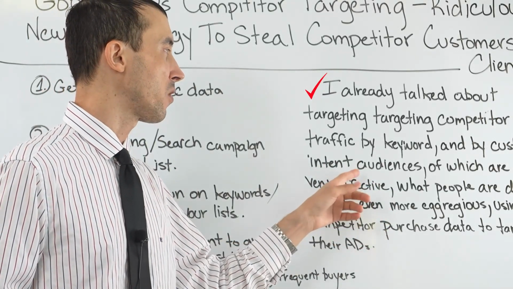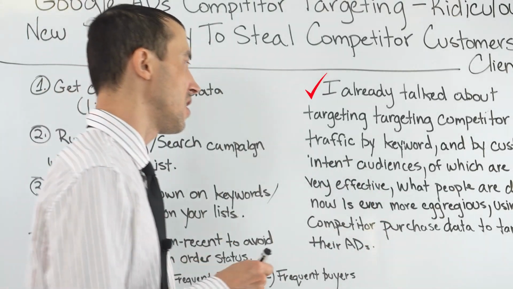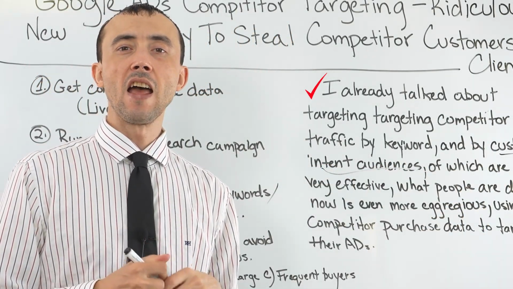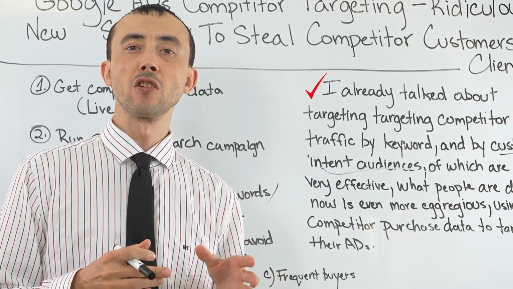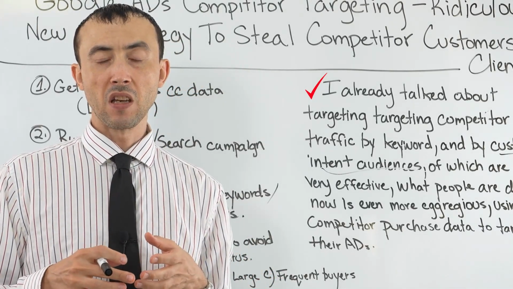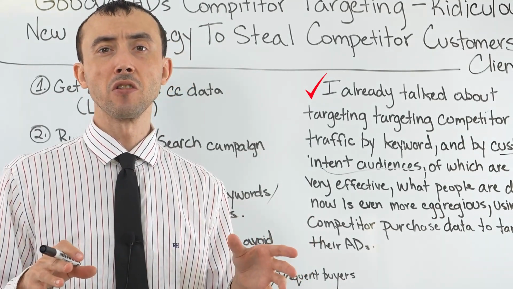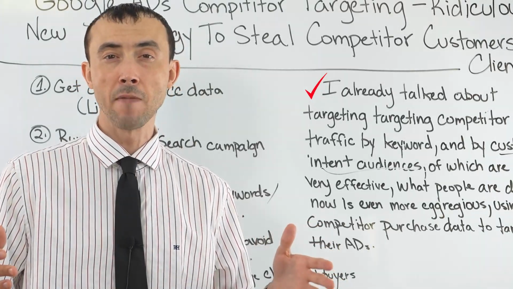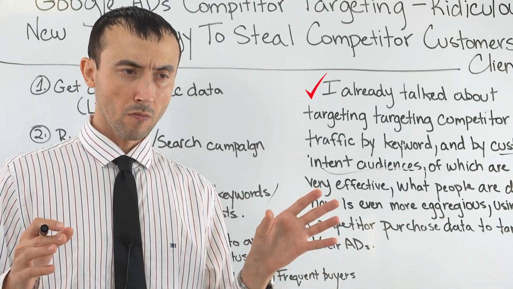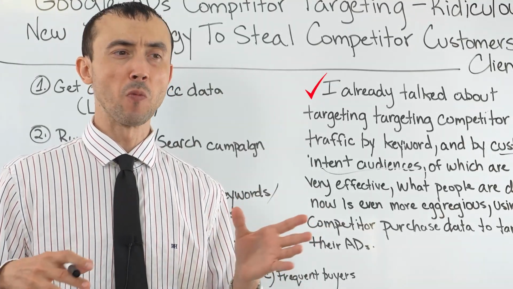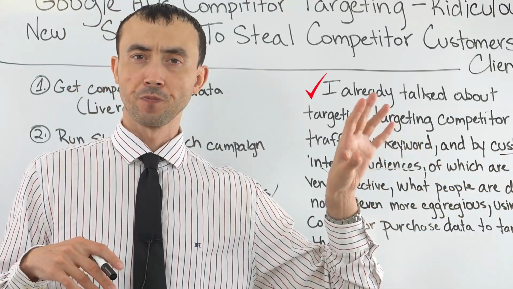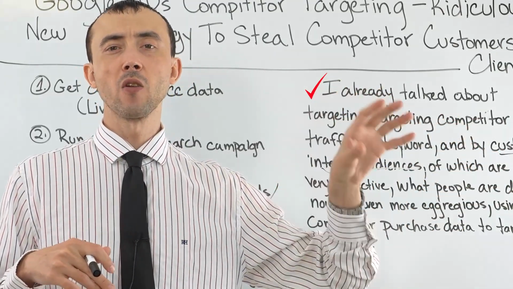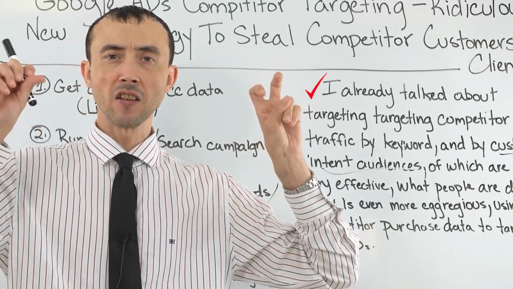And I'm not talking about what they call custom intent audiences either, which is where you tell Google you want to show up for people that have been to your competitor's site before. Because that only helps you as far as the person's been to the competitor's site in a relatively recent period of time. In a lot of markets, people don't buy except for like once a year. So when they go to reorder their pottery supplies or their fasteners, whatever they're going to reorder,